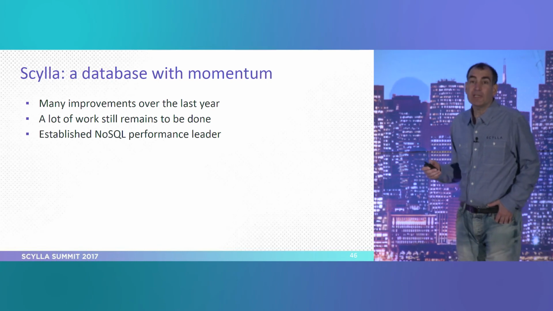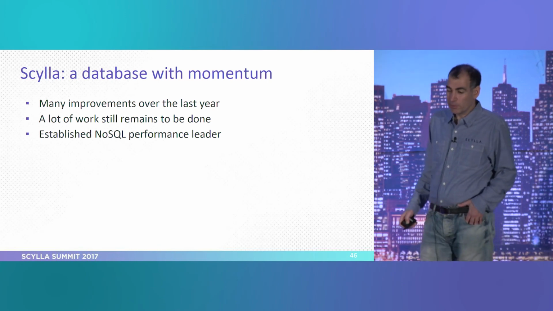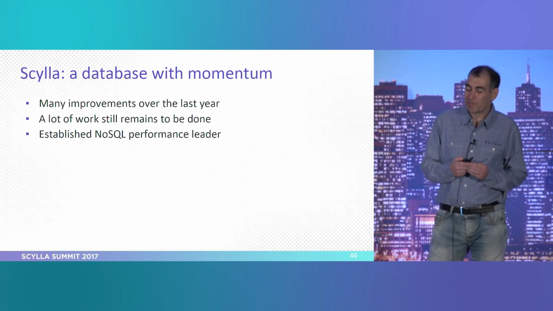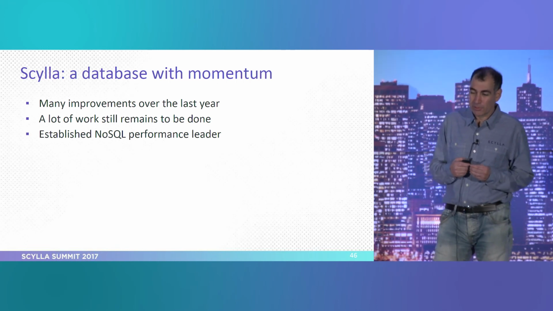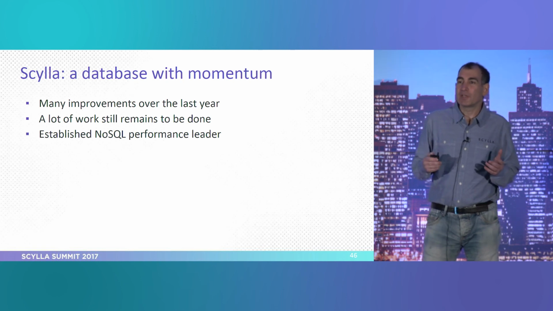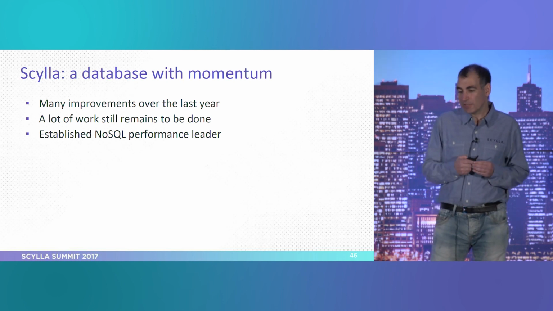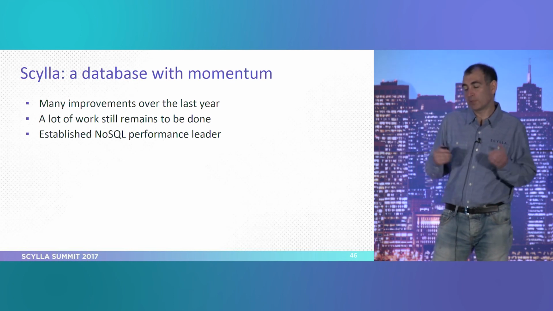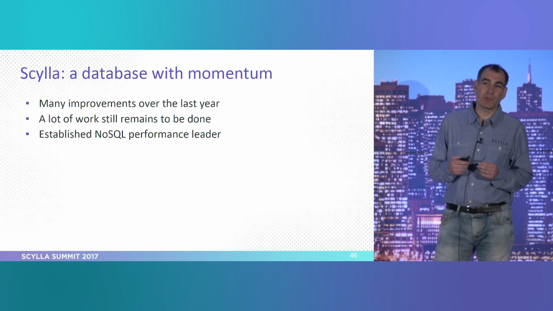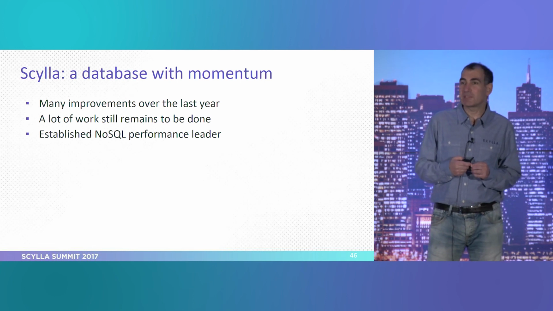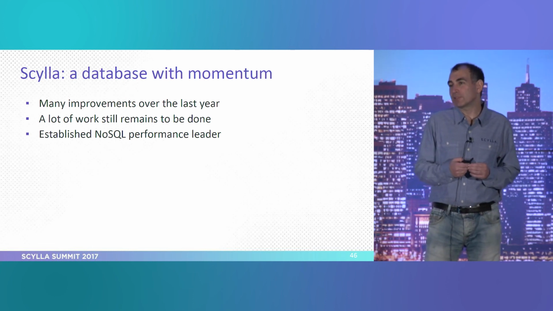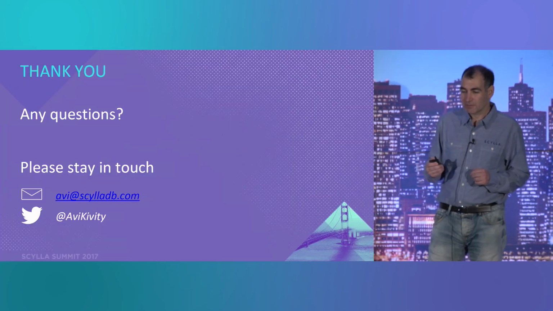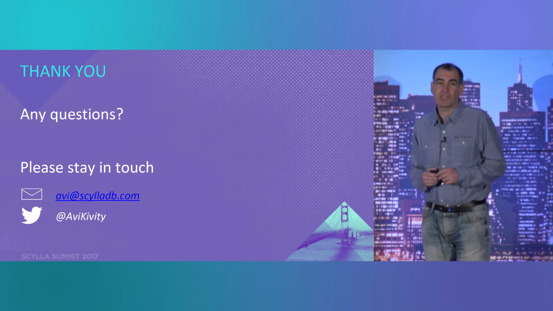So to summarize, Scylla is a database with momentum, and you can see that by just how much bigger the summit is compared to last year, but also you can see the many improvements that were made last year. There's still a huge amount of work that needs to be done, but I think that we've already established ourselves as the performance leader, and when you think about fast NoSQL, ScyllaDB should be the first word that comes into your mind. So thanks, and if there are any